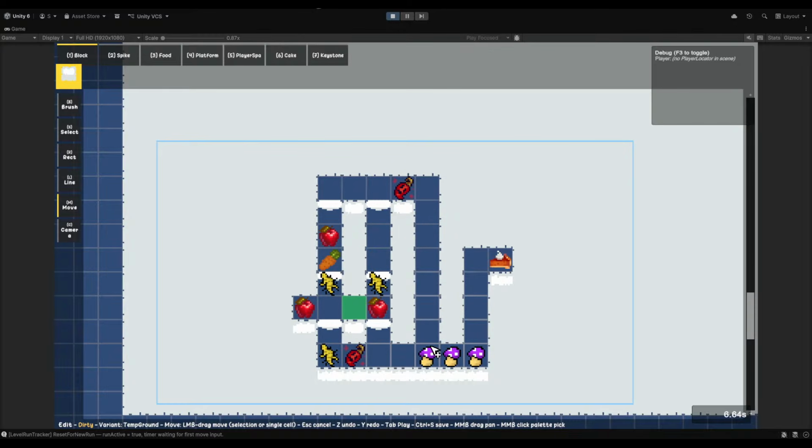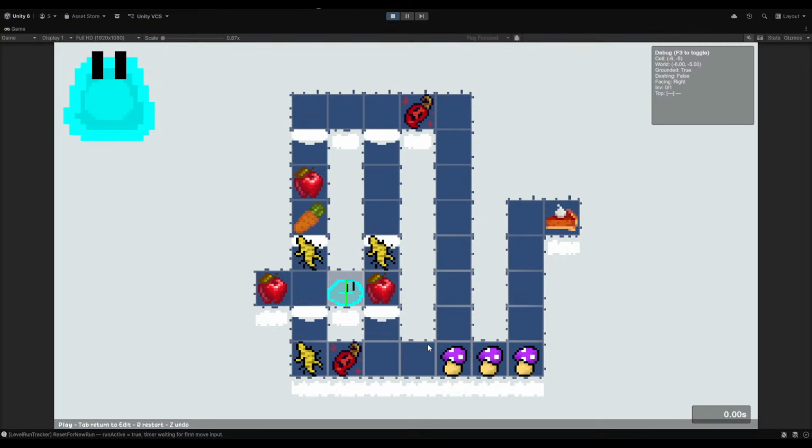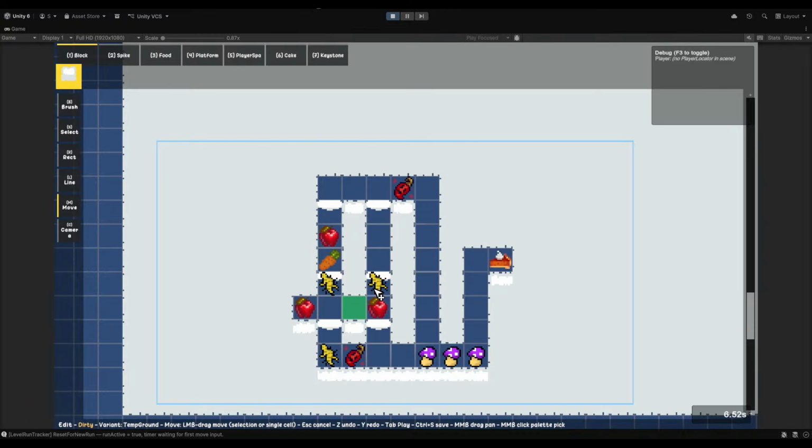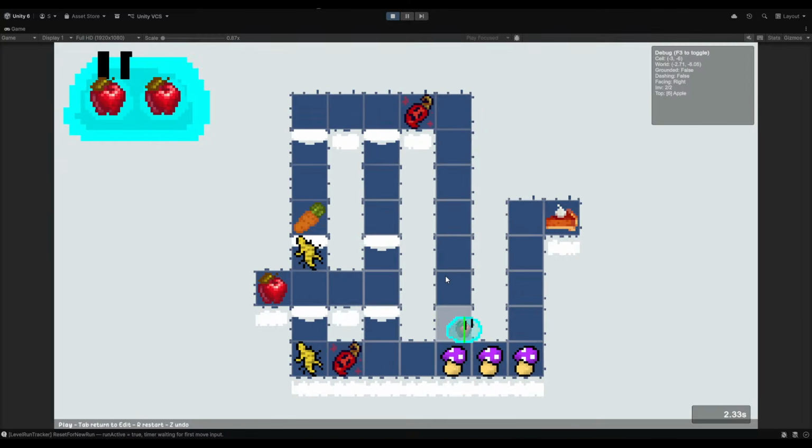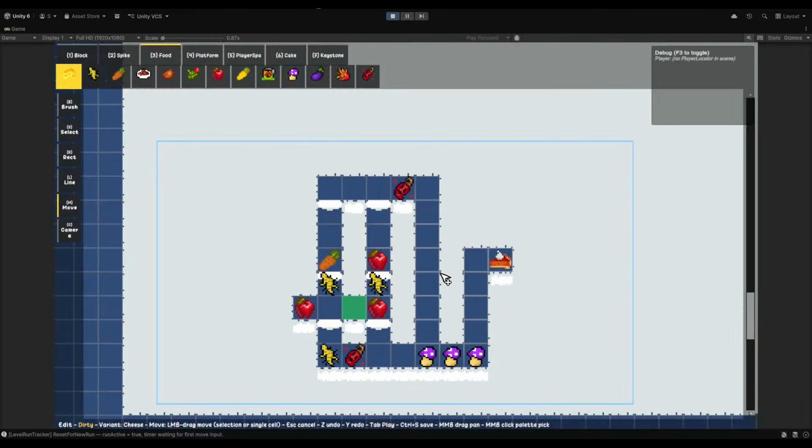What if I put an apple there? If I put an apple there, I can't go... Well, obviously you can't go there because you just die. What if I put an apple here? Oh, this is just possible. Oh, shoot, we just made the level easier again. Apple there makes sense, so it's sitting behind the carrot.